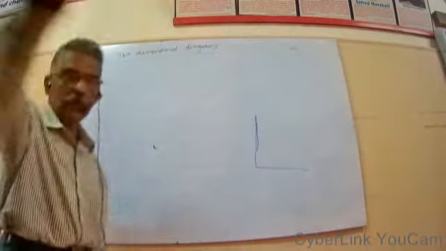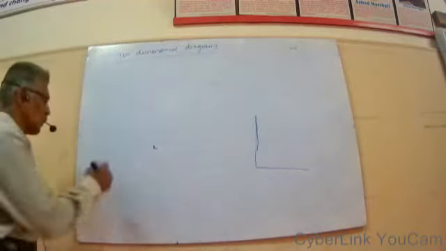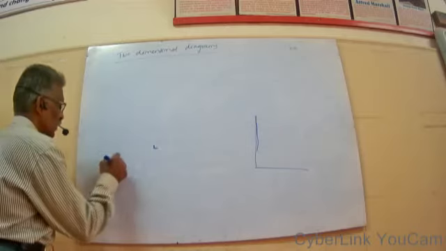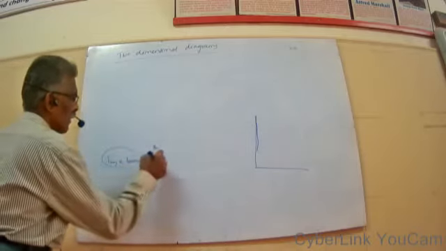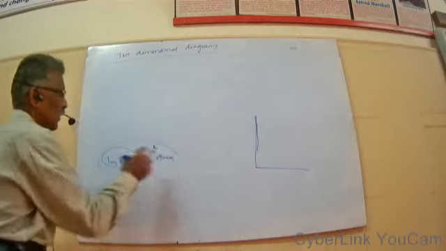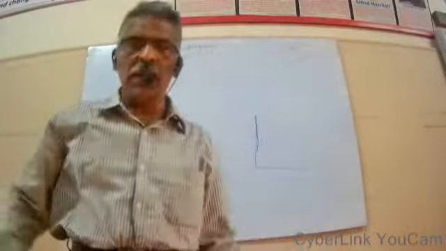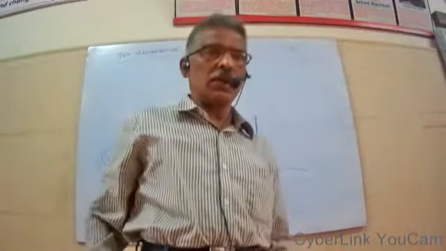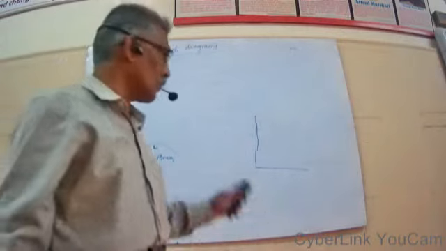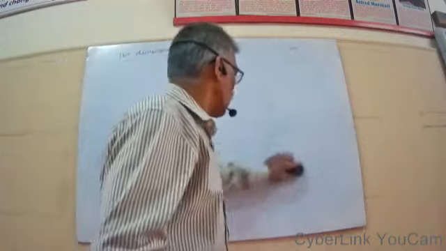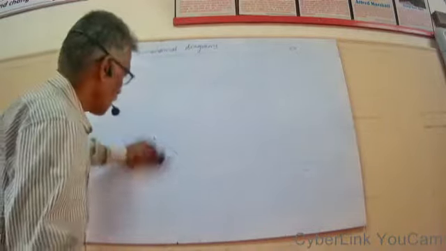So now this into this, as you know, the area of a rectangle equals length into breadth. Length into breadth equals the area. The same principle is here. This is the length, this is the breadth, so it gives the area of this place, the area of this hall. That is why this is also called an area diagram, or a surface diagram.